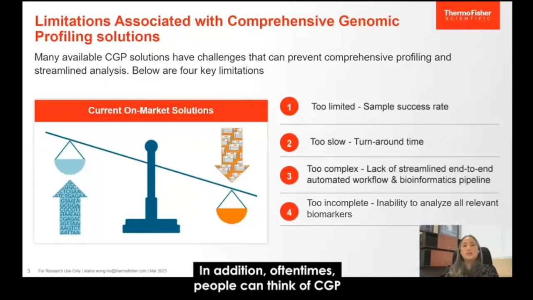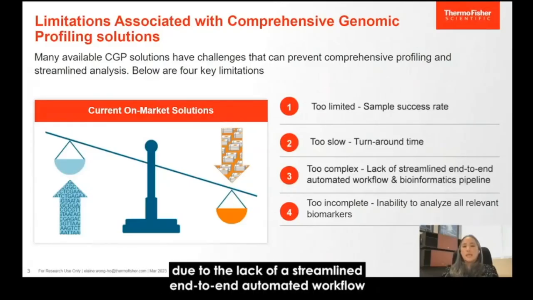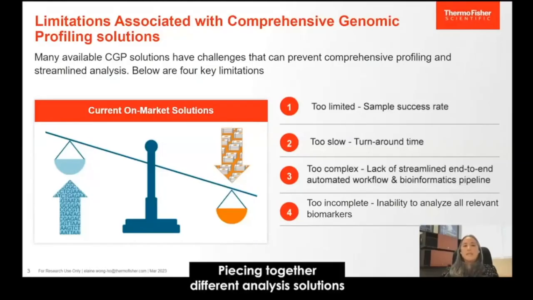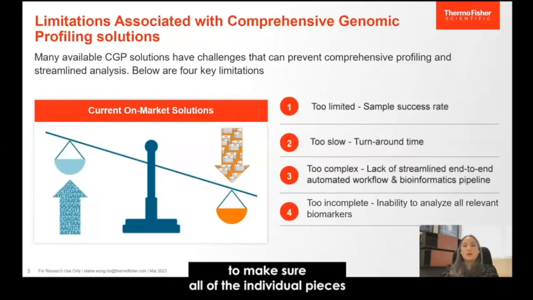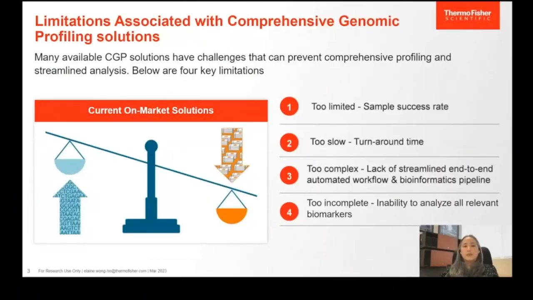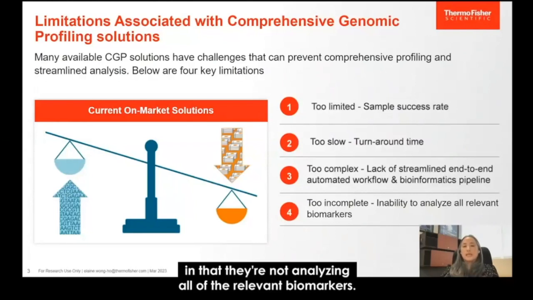In addition, oftentimes people can think of CGP as being too complex to implement due to the lack of a streamlined end-to-end or automated workflow or a bioinformatics pipeline. Piecing together different analysis solutions can mean that the investment can add up. There's also extra work needed to make sure all of the individual pieces are compatible with each other when there's not an end-to-end workflow. Additionally, sometimes comprehensive genomic profiling solutions are too incomplete in that they're not analyzing all of